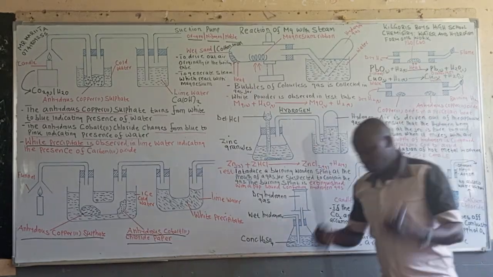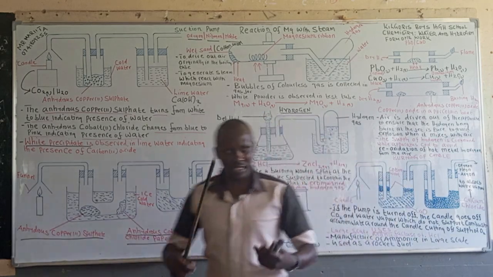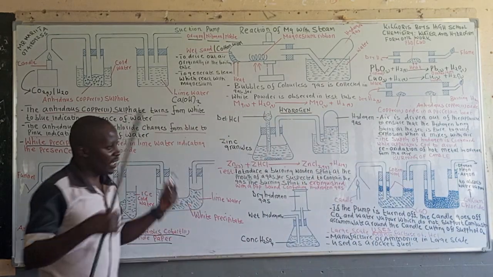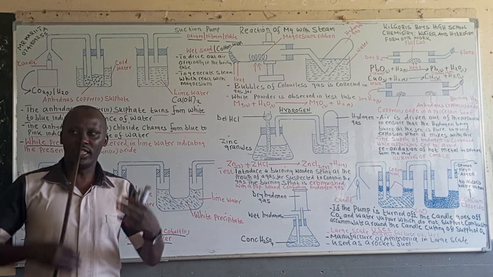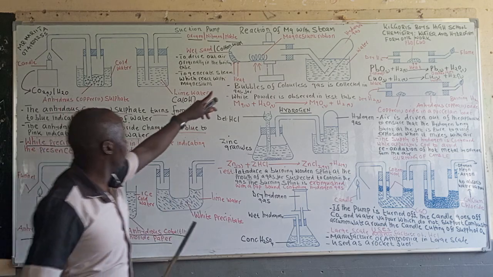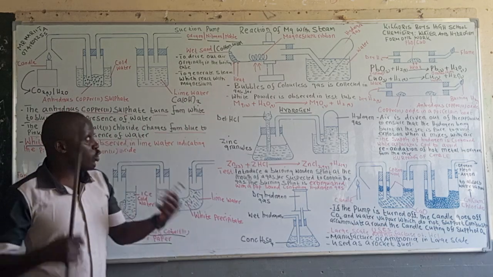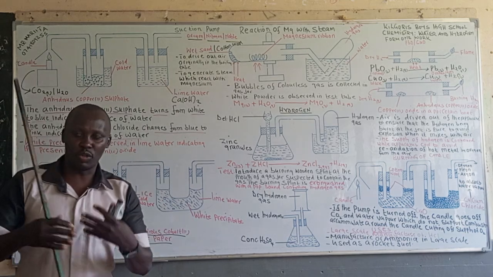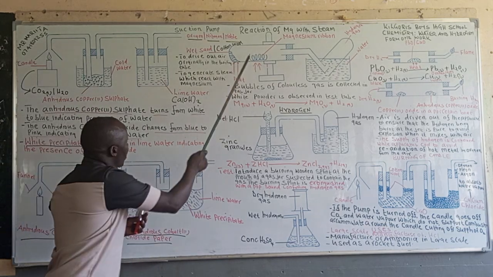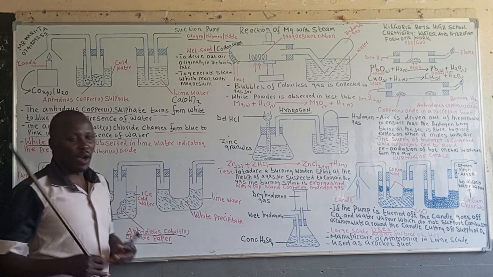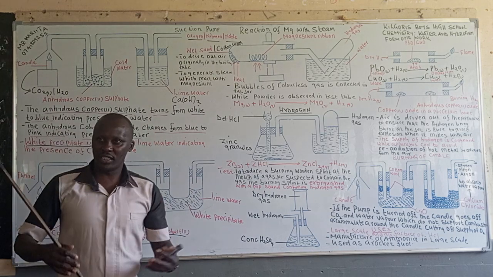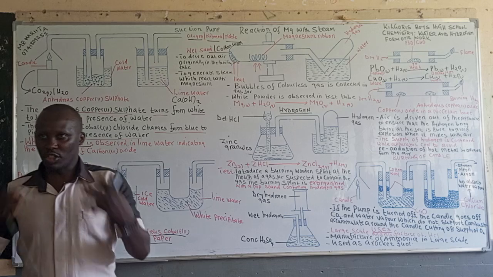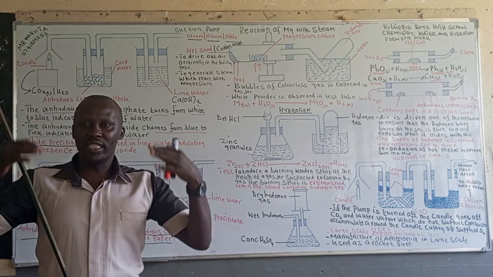And now there is a question which is normally asked: give a reason why the sand or the cotton wool is heated first before heating the magnesium ribbon. So why do we heat the sand first, or why do we heat the cotton wool first before heating the magnesium ribbon? The reason why we are heating the sand first, or the cotton wool, first of all,